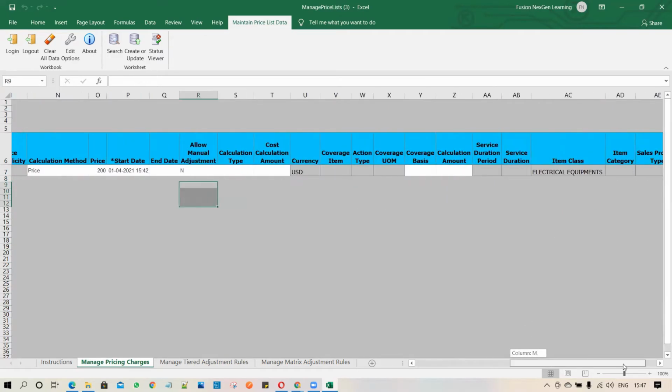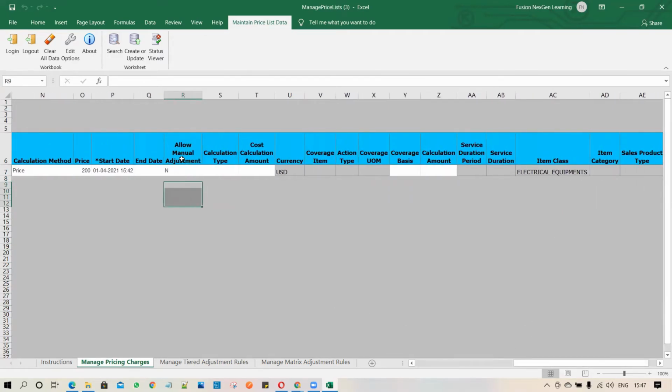If you want the user to be able to do the adjustment at the line level after applying the price list, you must enable it and set the option as Y. Then currency, and you can see the coverage basis and calculation based amount. These are all further options available if you are using discounts and coverages, as well as tier based